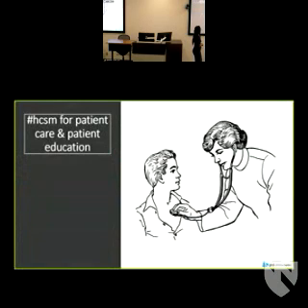So, healthcare social media for patient care and patient education. What are some of the things that we think about when we think about patient care? So building communities for patients. Anybody's heard of Facebook groups? So these are really good opportunities for patients who have very similar healthcare issues to come together, to ask questions. But when they're unregulated and unmoderated, they can be a really ripe opportunity for misinformation to be spread.